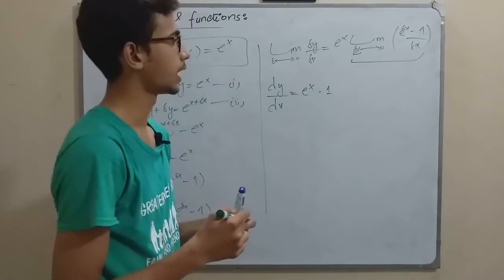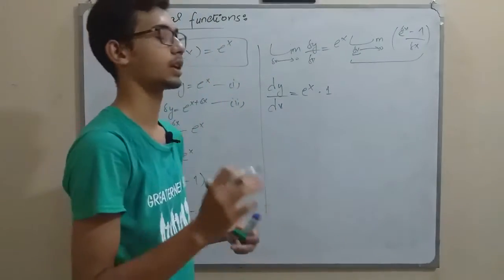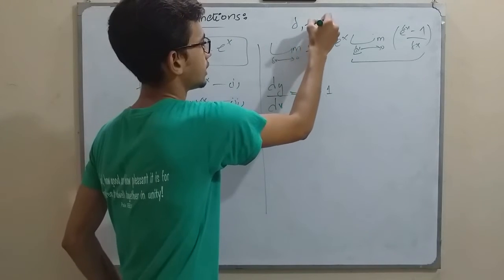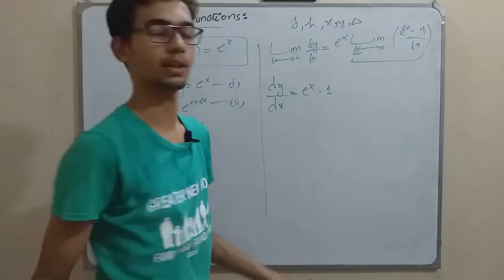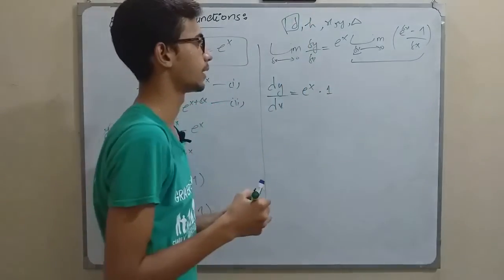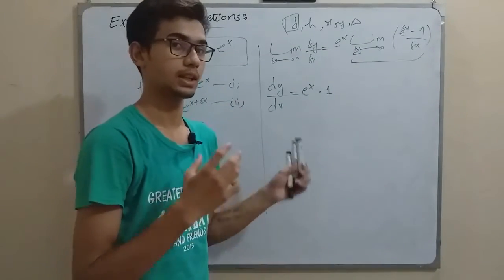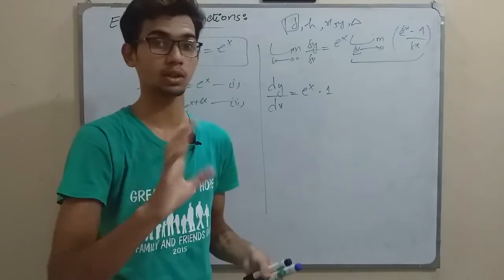Why? Let me tell you one thing. In many other books, this sign delta is represented as h, sometimes x, sometimes y, and sometimes as a triangle as delta. That's why I choose this sign. Delta x is approaching 0. It means that delta x is approaching 0 but not equal to 0.